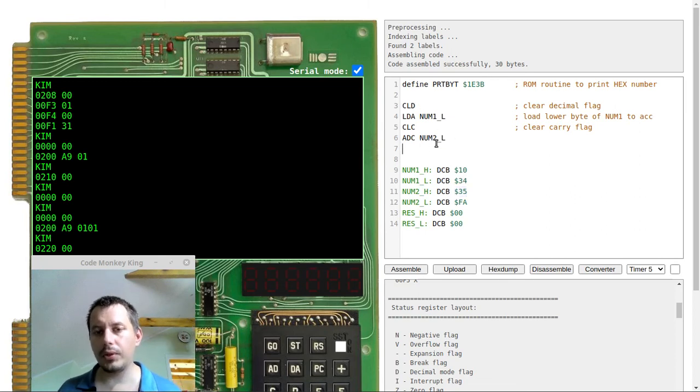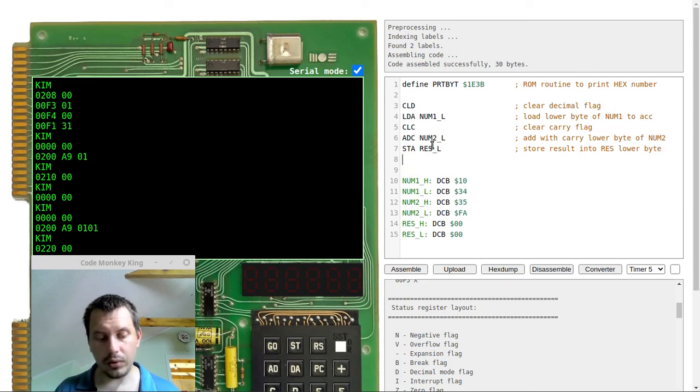So, probably first we need to store this as the result low. Okay. So here, add with carry lower byte of num2. Okay, store result into result lower byte. Okay, and now we want to say LDA